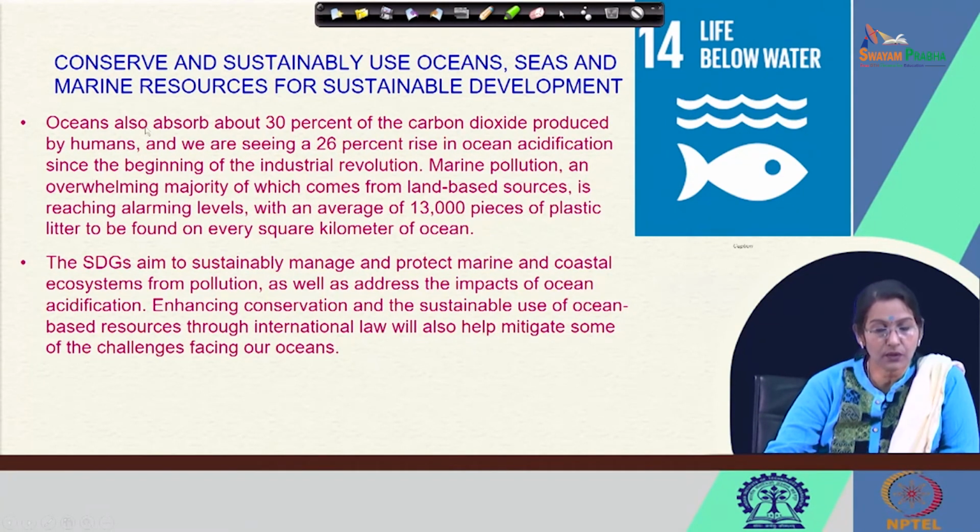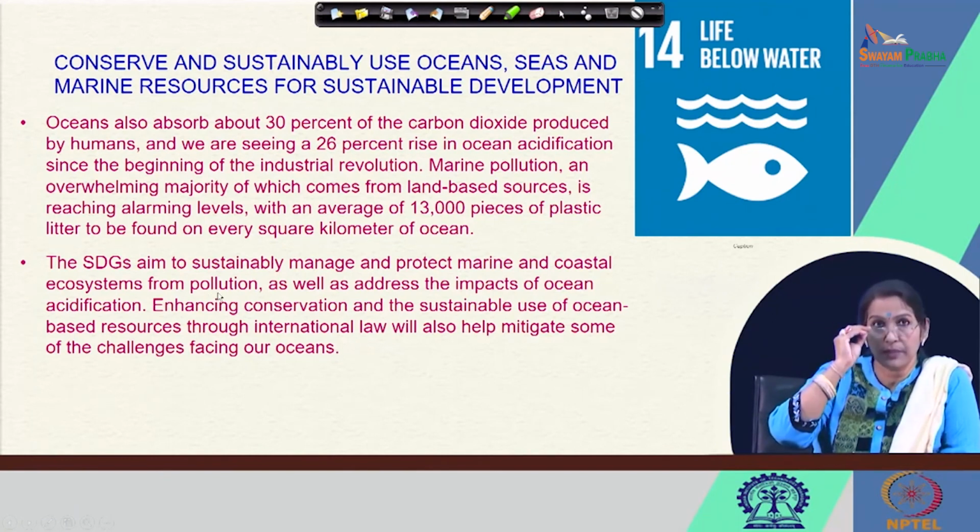Oceans absorb 30% of the carbon dioxide produced by humans and industries, and as a result marine pollution also increases. The overwhelming majority of it comes through the rivers, through the cities, and ultimately reaches the oceans. So that is why this SDG aims to sustainably manage and protect the marine and coastal ecosystem from pollution, as well as to address the impact on the oceans,